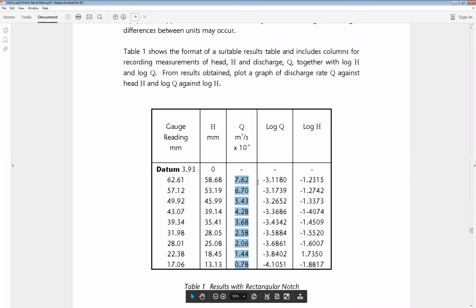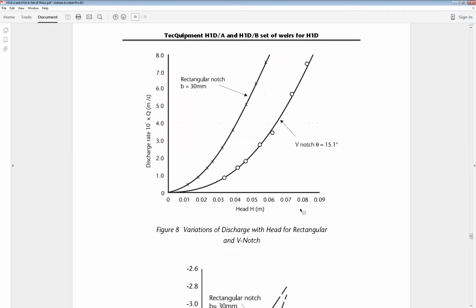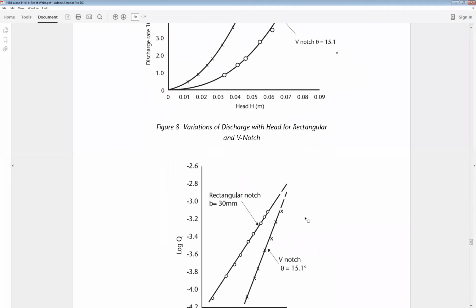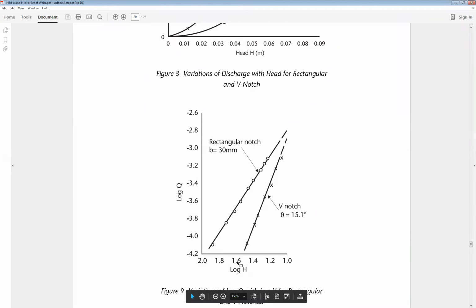If you want to use the linearization, you need to take the log of both H and Q, and write it here. And just bear in mind, if you're going to do that, you need to use metric units. This is H in millimeters, you need to convert to meters. So we have log Q and log H, and then later, if you have the log of the values, you can plot them into the linear